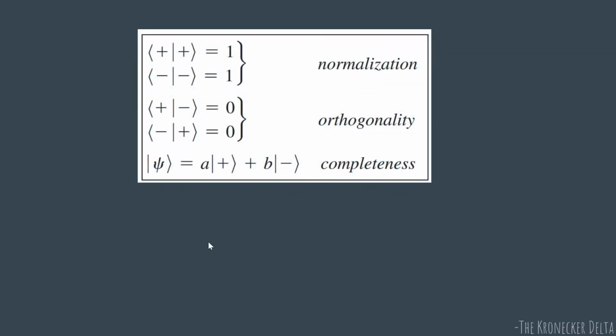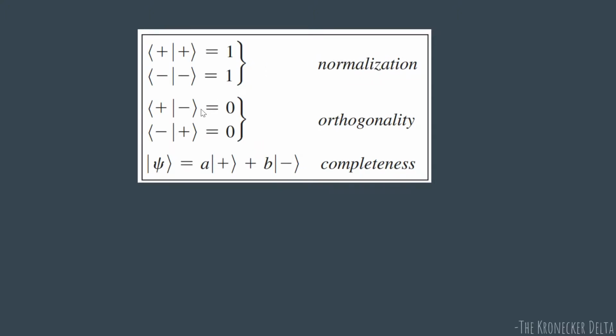Next, we understood that for any basis in a vector space, we have three conditions: normalization, orthogonality, and completeness. Similarly, here are listed the properties that we expect for a basis in our Hilbert space. Here it's not plus z, because it can be plus x and plus y, so in general, it is plus plus. If you take SZ as the basis, it will be plus z plus z. If you have the SY basis, it will be plus y plus y. If you're taking the same states, the inner product should be 1, which is nothing but your I dot I is 1, J dot J is 1, K dot K is 1.